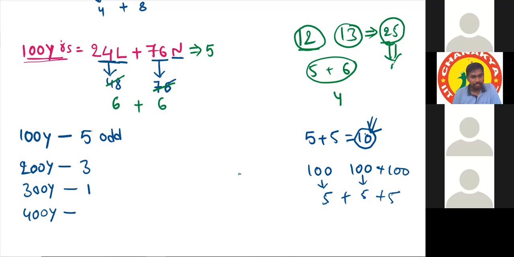No, sir, I am asking that if you have taken 100 years as 5 odd days, then for 200 years you have taken 5 plus 5. For 300, do we have to take 3 also, or do we have to take 5 only? In every calculation, we have to take 5. Or what you are telling, can we take 300 as 200 plus 100? Is that your doubt? No, sir, my doubt is that for 300 years we have to find how many odd days.